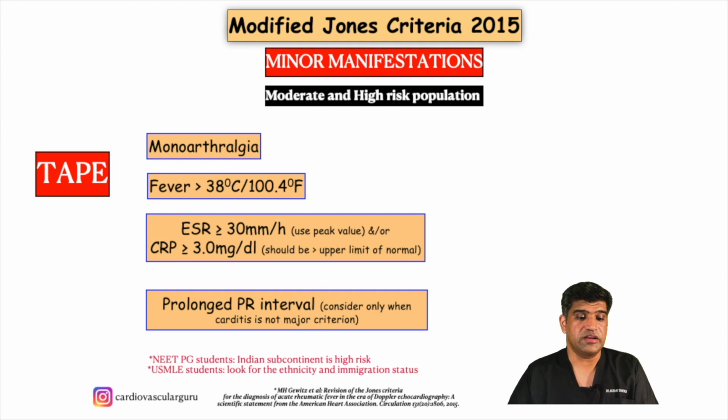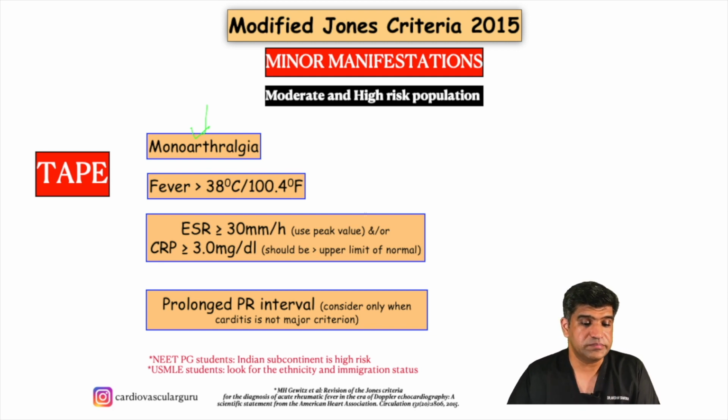Now the minor criteria. Even if a patient has joint pain in a single joint and the patient comes from a moderate to high risk population, this will be considered a minor criterion. Any type of pain has to be considered into some sort of criteria. If it is polyarthralgia, monoarthritis or polyarthritis, it goes into the major criteria. If it is just single joint pain, that is a monoarthralgia, it comes under